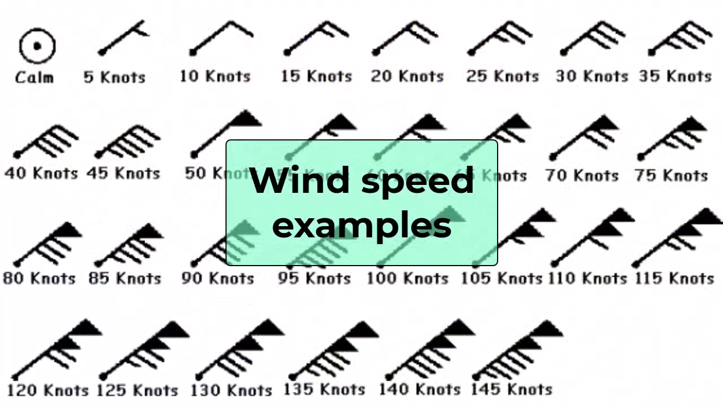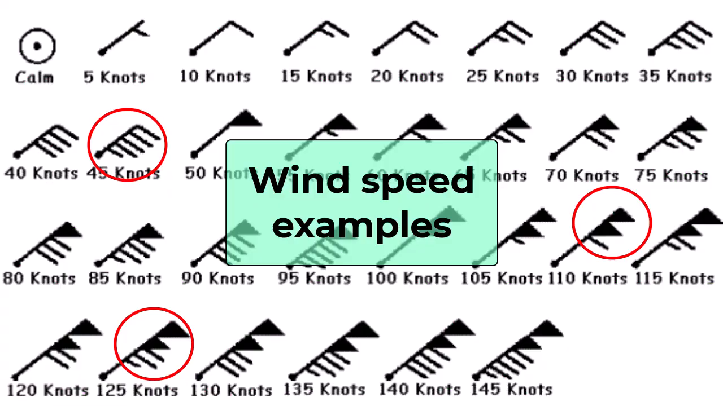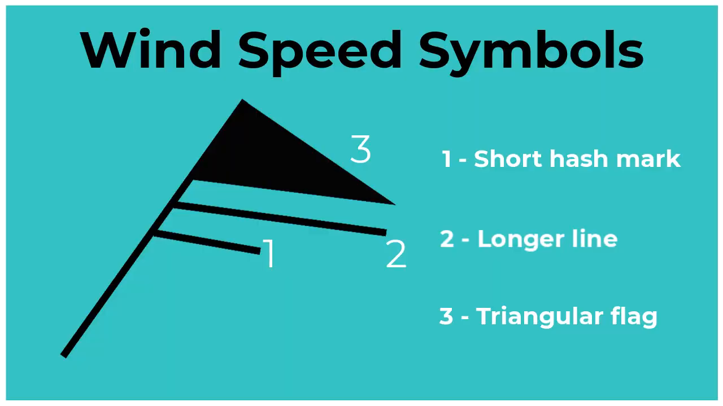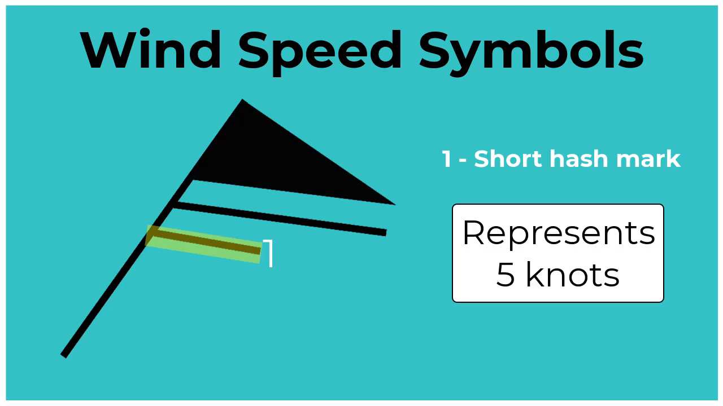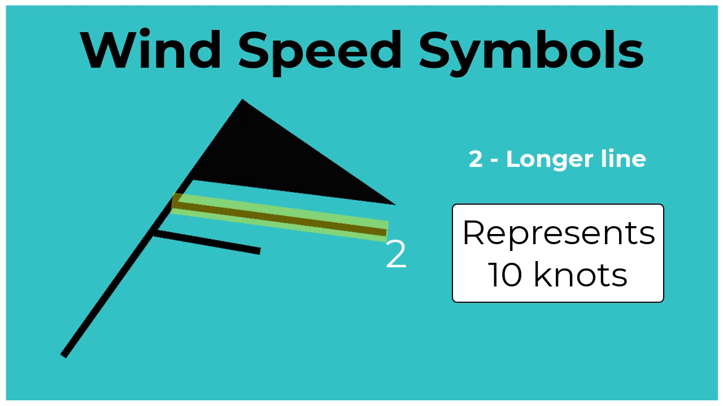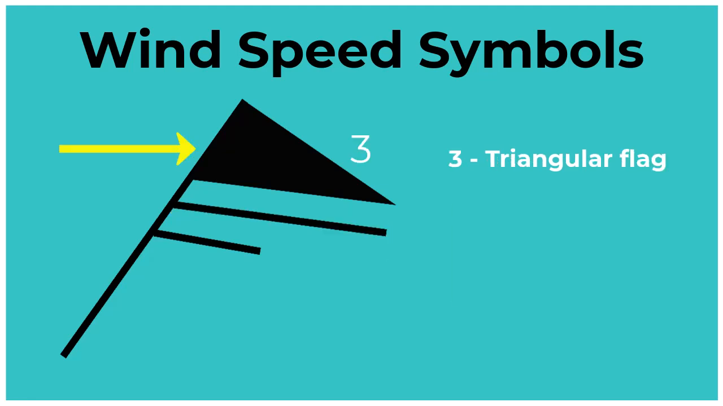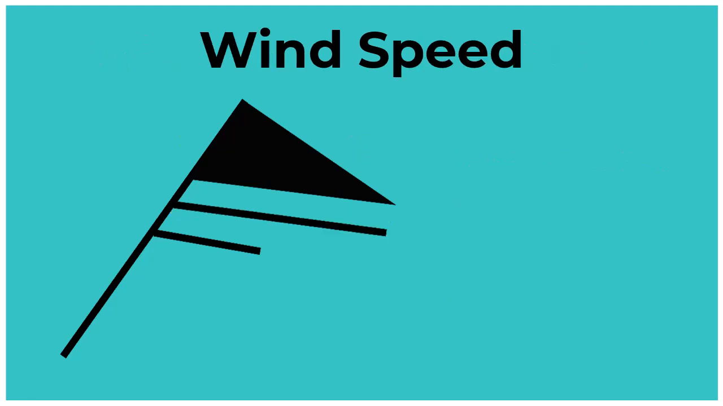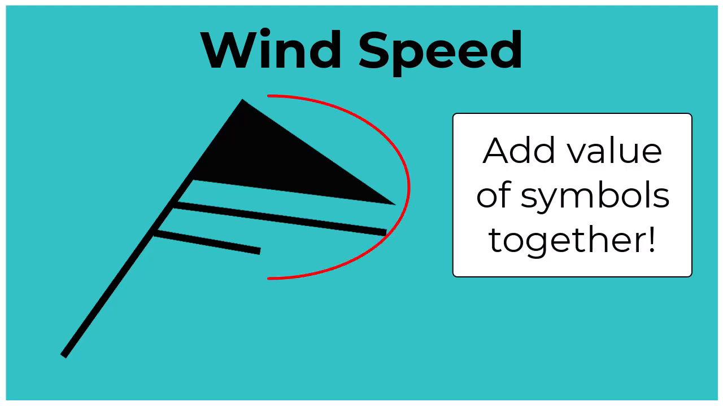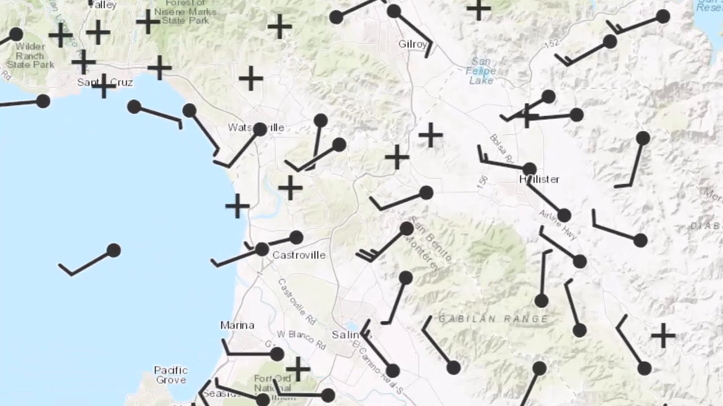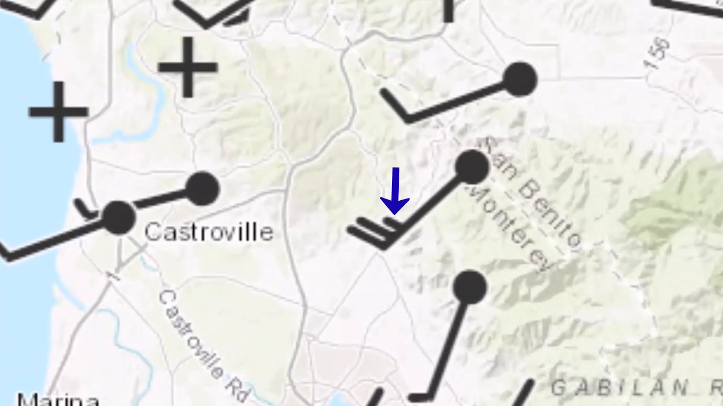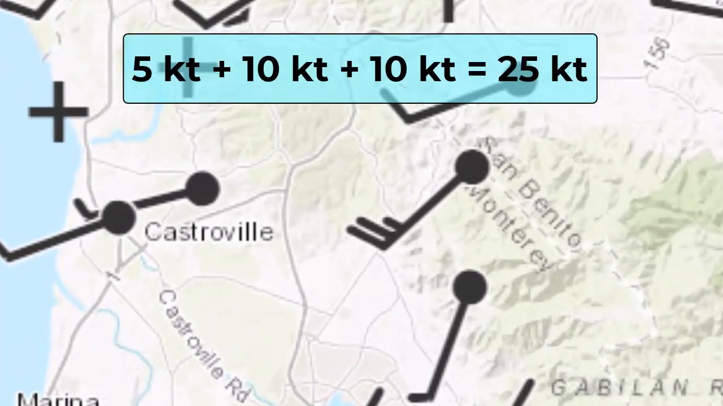The wind speed is indicated by the combination of lines and/or flags on the end of the wind barb. There are three symbols that are used, each representing a different speed. This short hash mark represents a wind speed of 5 knots. The longer line represents 10 knots, and the triangular flag represents 50 knots. Therefore, the wind speed is simply the sum of the values of each of the symbols on the wind barb. For example, this wind barb has one short hash mark and two longer lines, meaning that the wind speed is